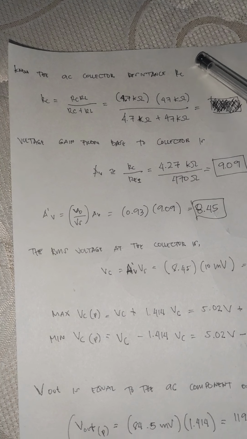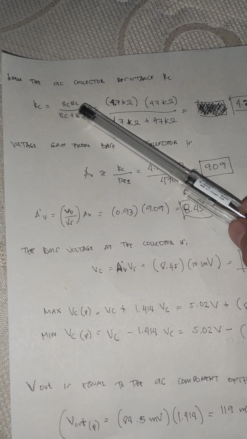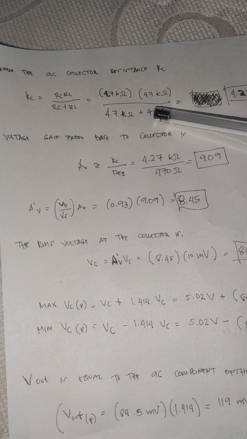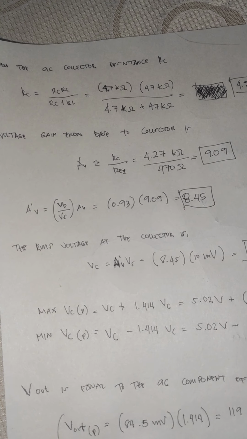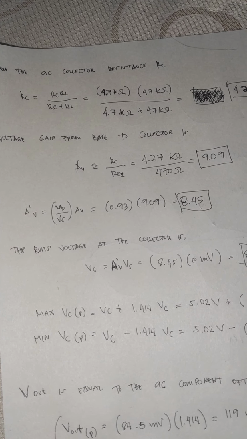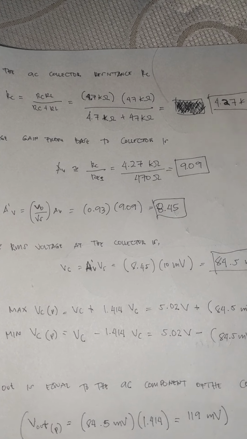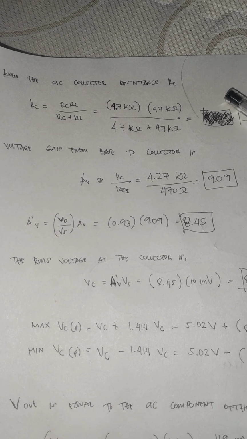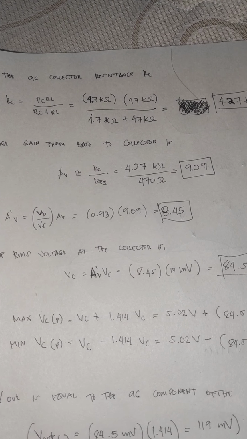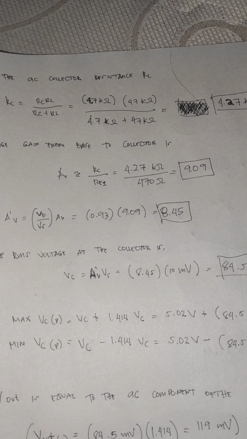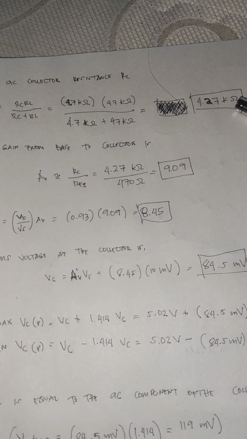Next, know the AC collector resistance rc. So rc, unsaon ko siya pagkuha, gamitan nako siya og formula nga RC times RL over RC plus RL. Nakuha na nako yung value nila, so gi-substitute na lang nako sila. 4.7 kilo ohms times 47 kilo ohms over 4.7 kilo ohms plus 47 kilo ohms is equal to 4.27 kilo